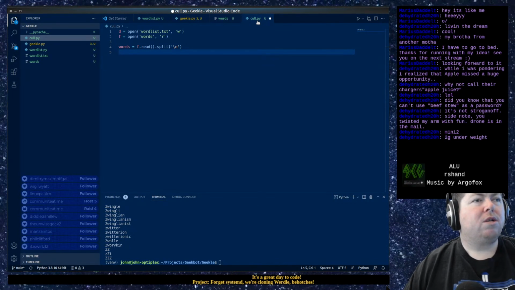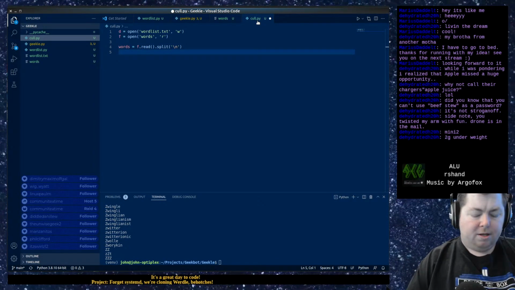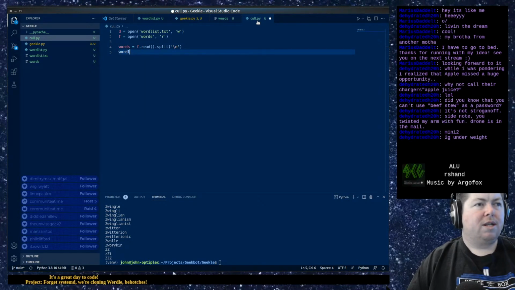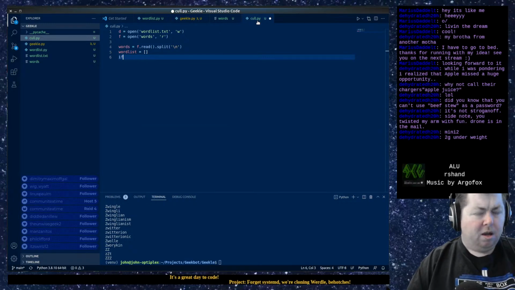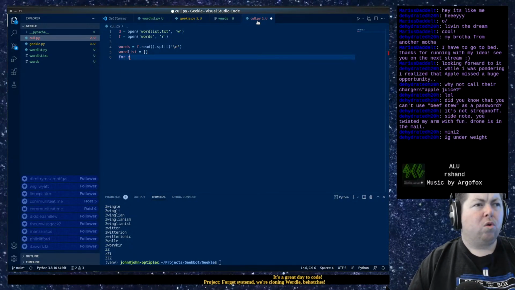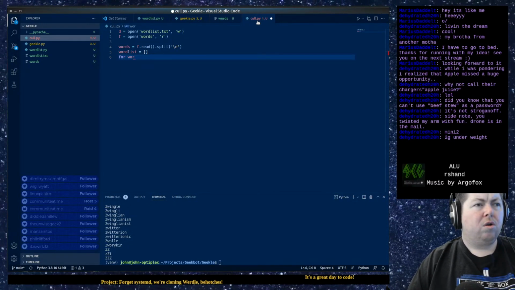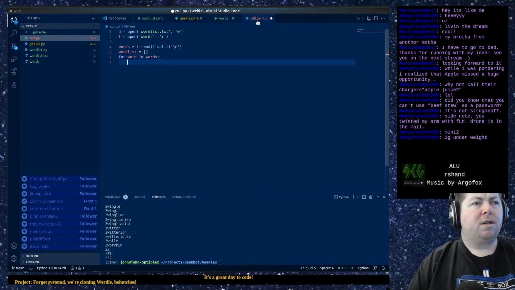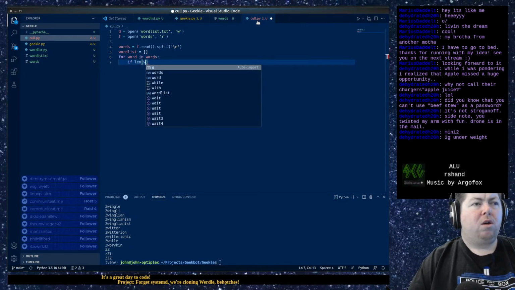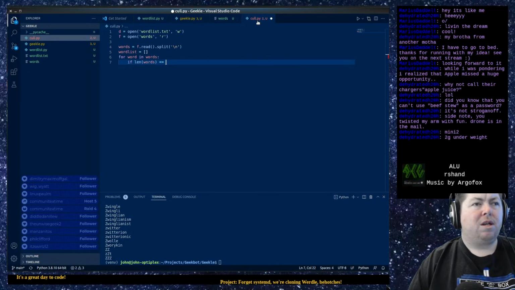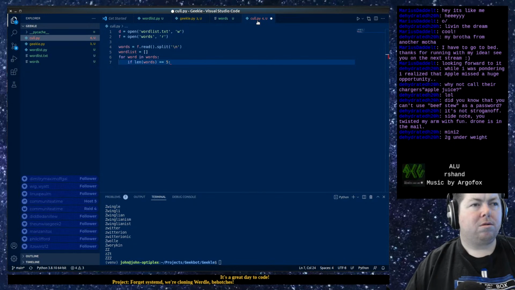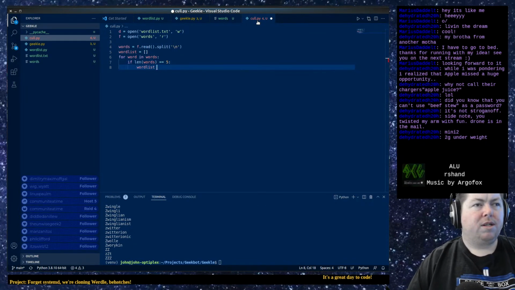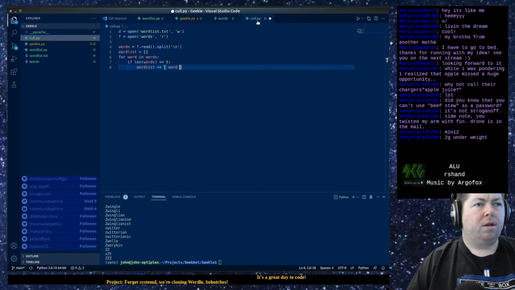So words, that'll be the list of words. Then word list equals, create a new list here. For word in words, if len word equals 5, word list plus equals word.